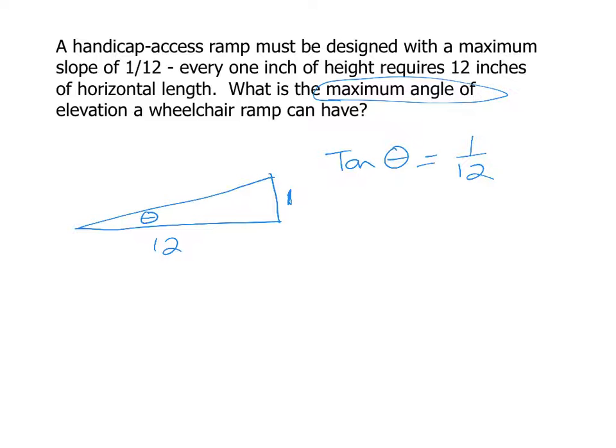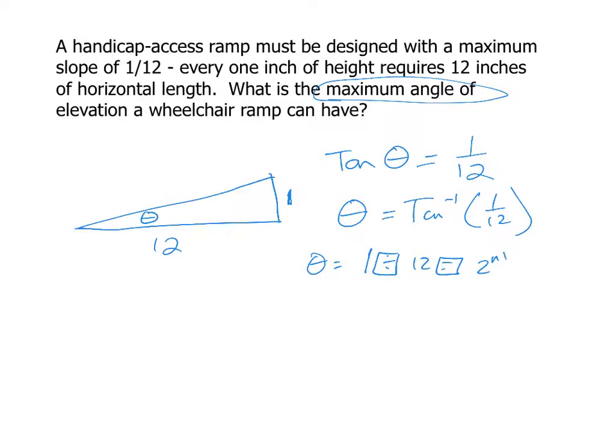And you might remember from your practice that to find the measure of the angle theta, you have to do the inverse of the tangent function. And that looks like this. Inverse tan of 1/12. So on your calculator, you first do 1 divided by 12, press equals, get that decimal, and then you do the second function, and press your tan -1 key. And when you do all that, you should get the angle to be about 4.76 or so